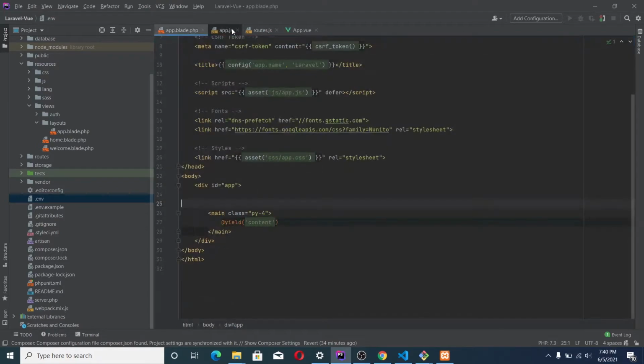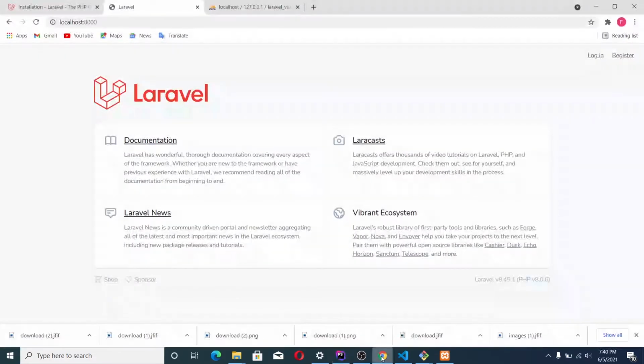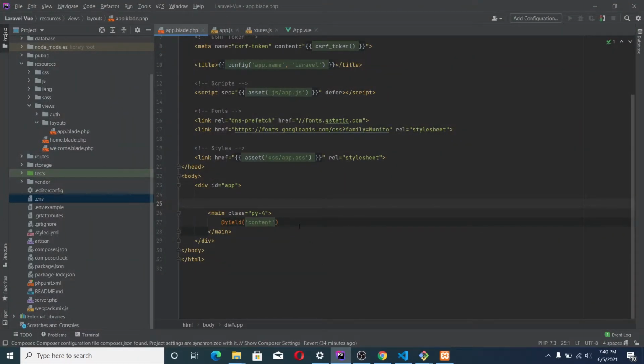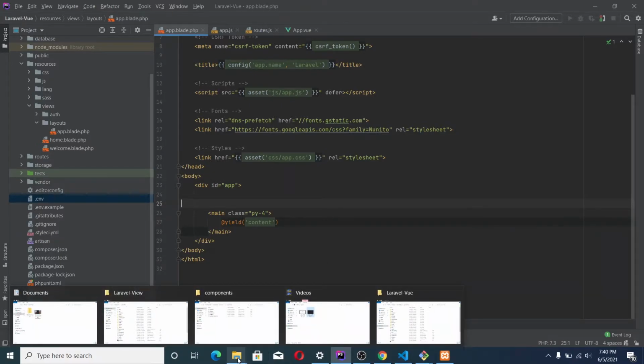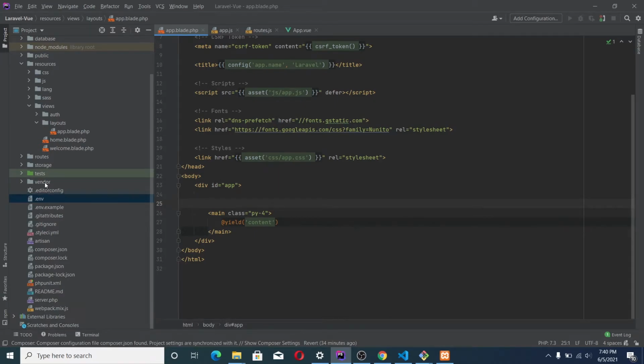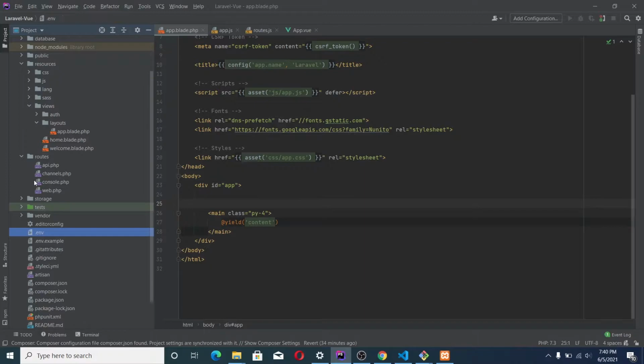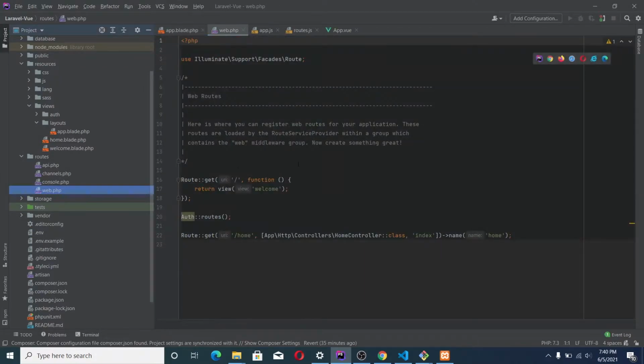Alright, so when you are running it, refresh, you see this is the basic scaffolding of Laravel 8. Okay, so we have to go to our route in this web.php.